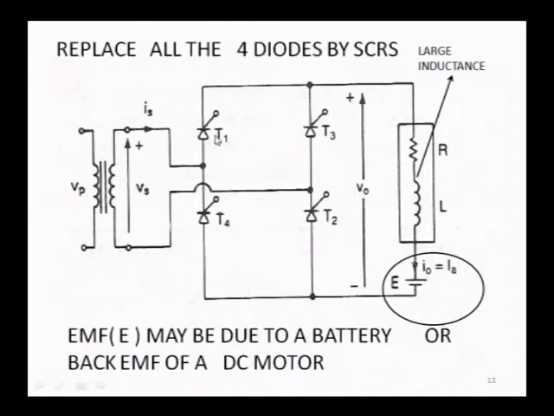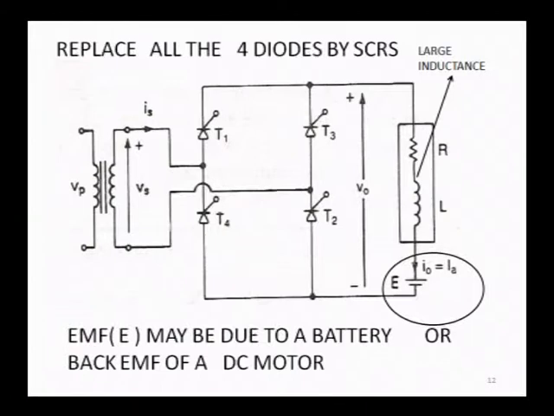Now, I say these 2 thyristors are conducting at alpha when it is triggered. Then when you have to trigger the next set, T3 and T4, alpha plus pi after 180 degrees. So, these 2 are triggered. Now, remember, once you trigger these thyristors T1 and T2, we said while explaining SCR, whenever you trigger an SCR, it starts conducting continuously, it is difficult to switch off.